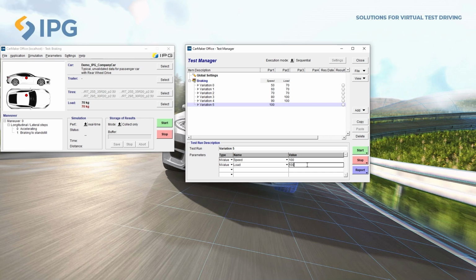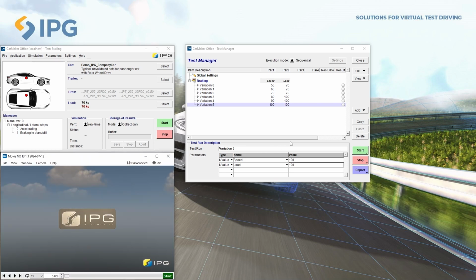Now the test series is set up. Let us first view it before saving this. For this I open the movie NX and I'm changing the simulation preference to 3 times real speed. And then I'm starting the test manager.